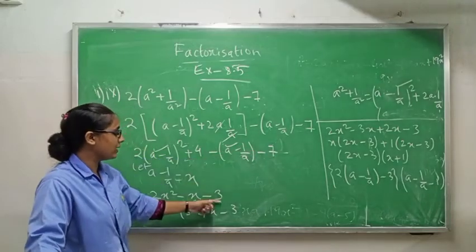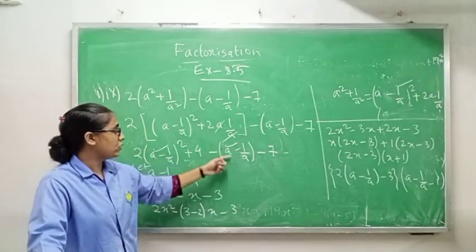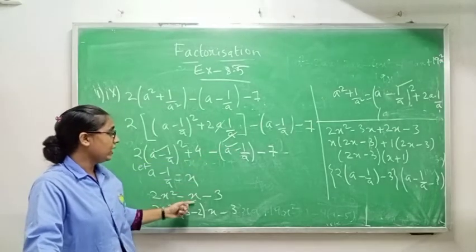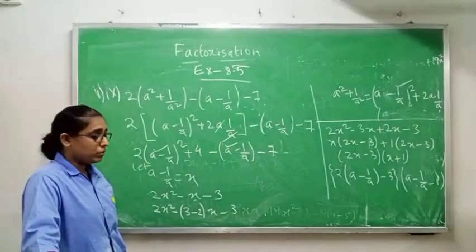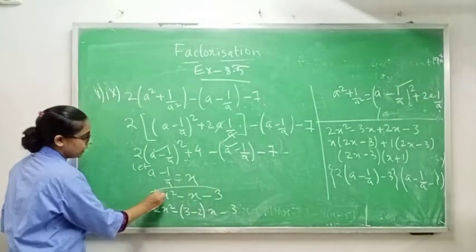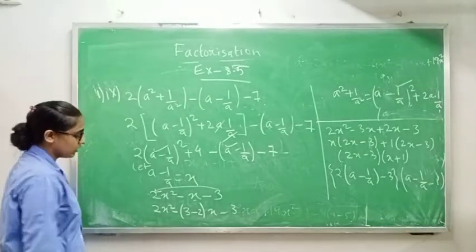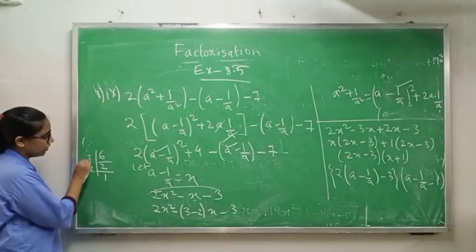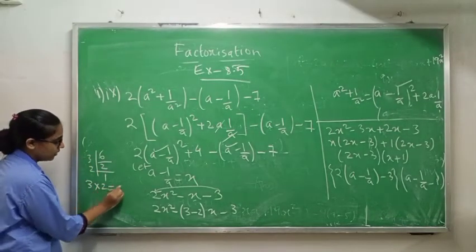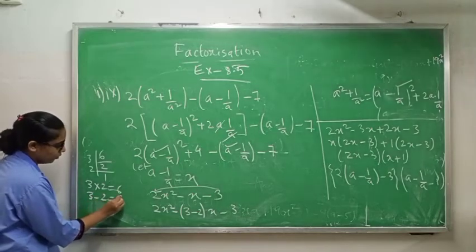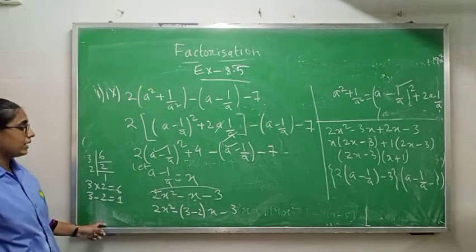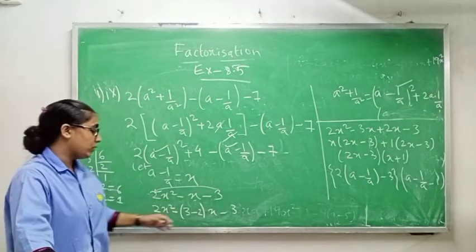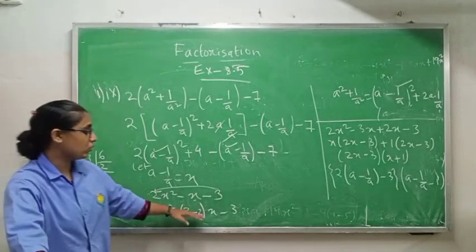Plus minus minus, so minus 3 you will get, I am writing here. And in place of this I am writing minus x because we have minus. In place of a minus 1 by a I am writing x because we are letting it be x. After that I am doing middle term factorization. So first we have to multiply this with this because we have a number here. So 3 2s are 6. If you take the LCM of 6, you will get 3 2s are 6. So 3 minus 2 equals 1. Why minus? Because we have a subtraction sign here. Before 3 we have a minus sign, so we have to see that sign. That is why I am writing 3 minus 2 inside the bracket.